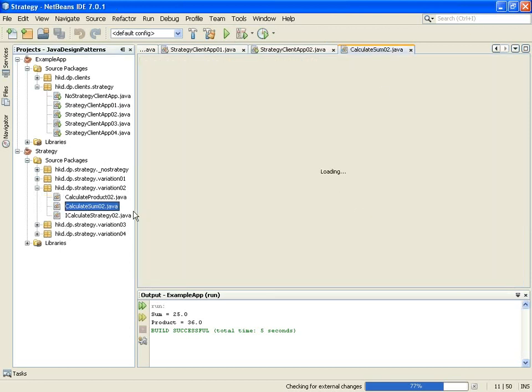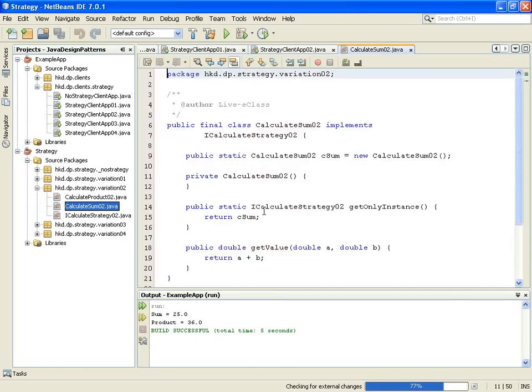I am taking one example; similarly CalculateProduct02 will be available. So this is final, then this is a static member containing the only instance of the class, and the constructor is private, and there is the getOnlyInstance method, and this is our concrete implementation of the algorithm.